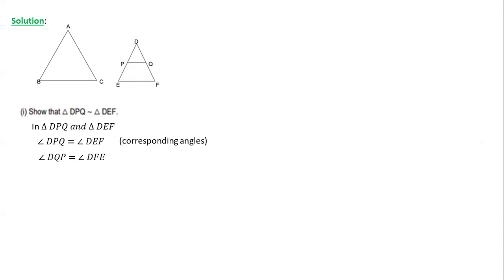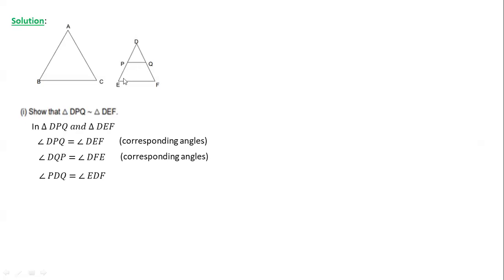DQP, that is this angle, and DFE, that is this angle. This angle and this angle are also equal. Again, it's the same reason, corresponding angles. Now see this angle. This angle is a part of this small triangle, and it's also a part of the bigger triangle. That means you can write angle PDQ